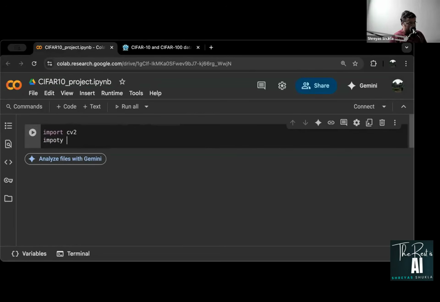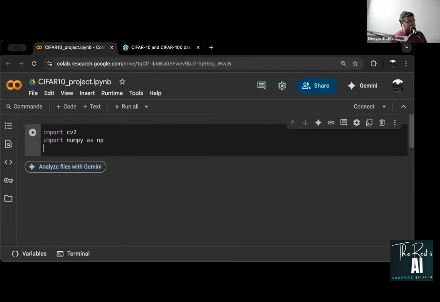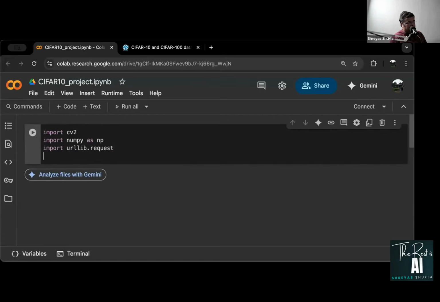I'm going to import NumPy as np. You can also import urllib to request any URL that we might be using. We'll import the usual